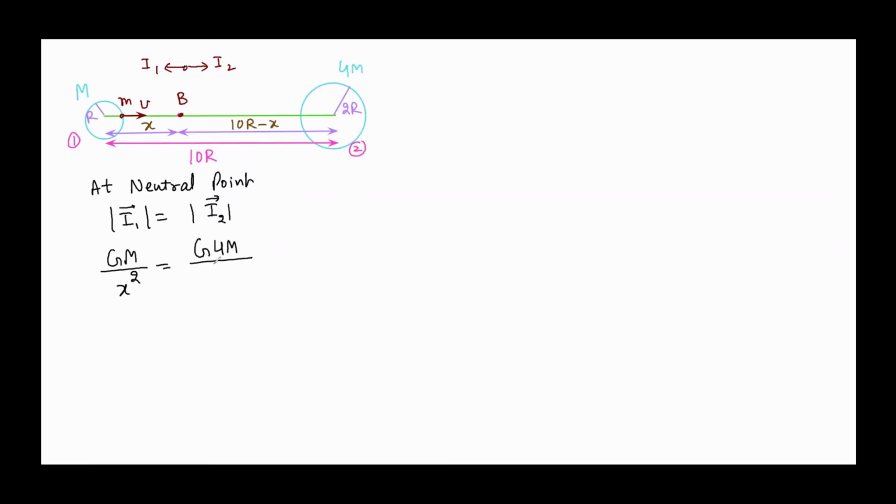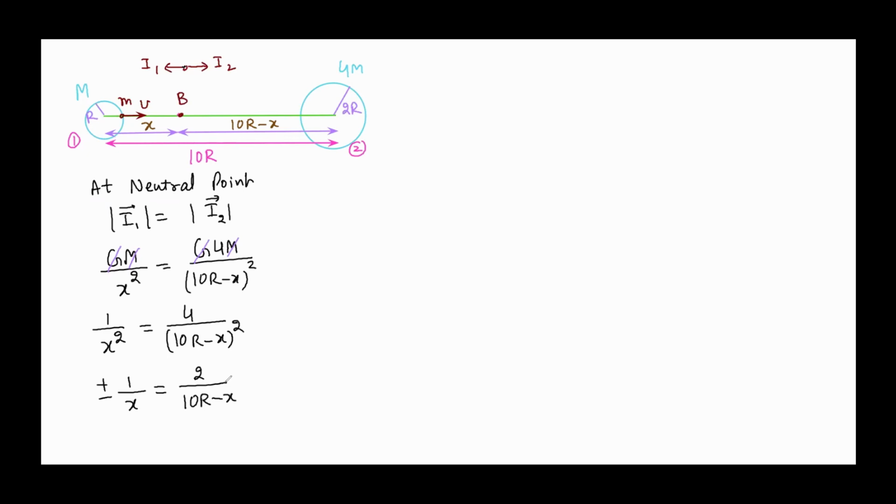And what is the distance from the center? 10r minus x whole square. Now GM will get cancelled. I am left with 1 by x square is equal to 4 upon (10r minus x) whole square. I will take the square root. It is plus minus 1 by x is 2 upon